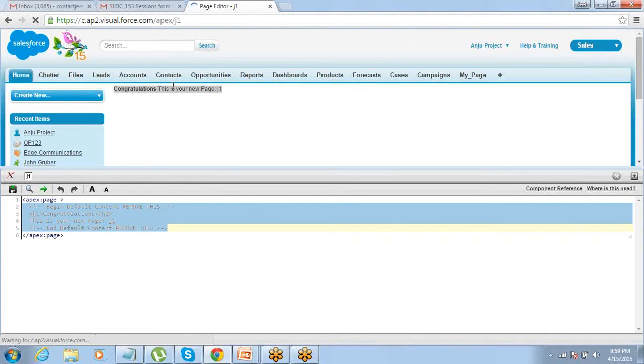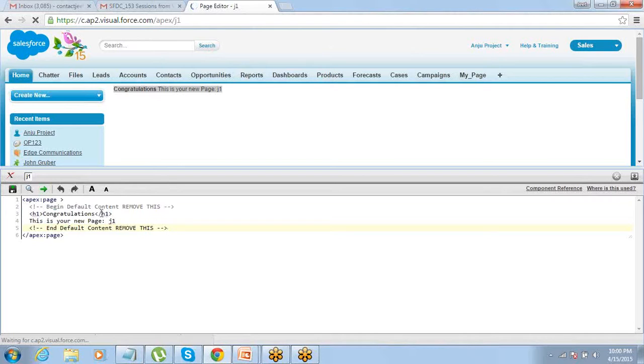I showed you the other way of creating the page. There you did not have a preview. As a developer, working on a practical assignment, you would always love to see the page while you write the code. You would want to keep on making changes and preview the page also, and see what is actually happening on the page. That is the reason why I say this is the better approach of creating a page. Now you can make whatever small changes you want here.